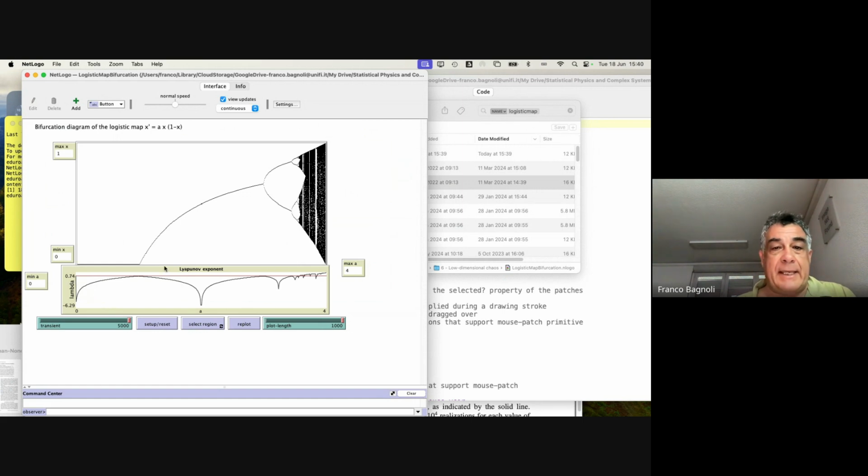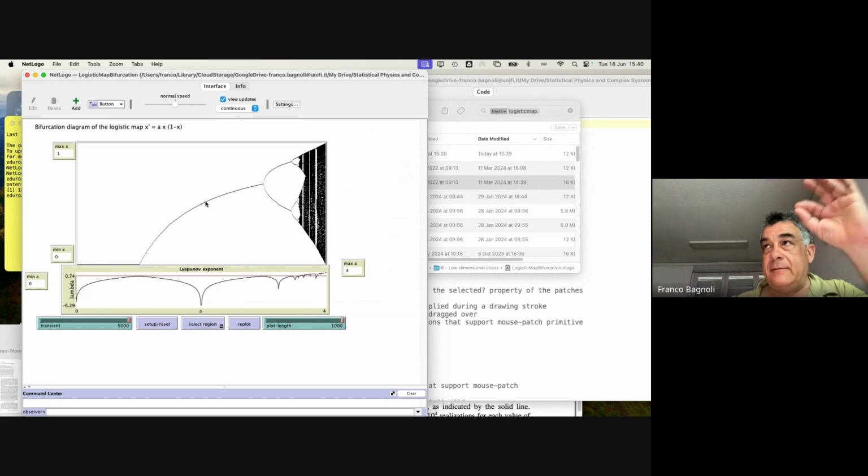So here is A from 0 to 4. So essentially, for each value of A, I am performing a simulation, throwing away the first 5,000 iterations and plotting the other 1,000 points